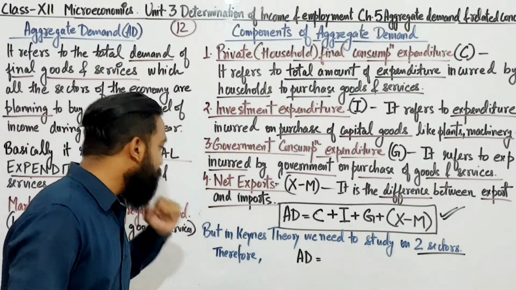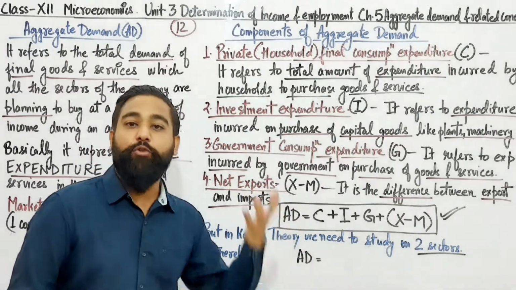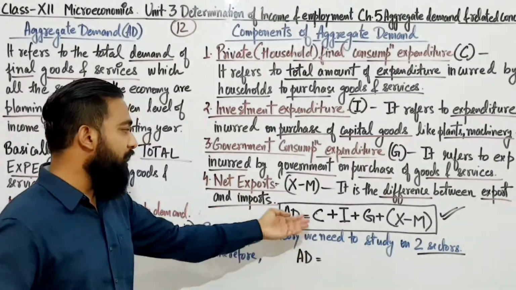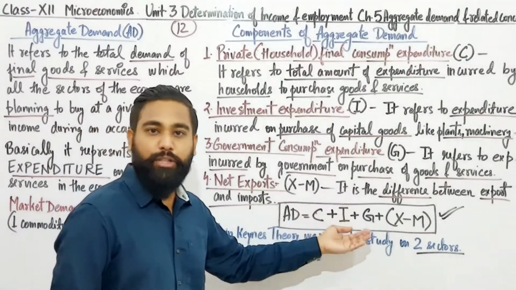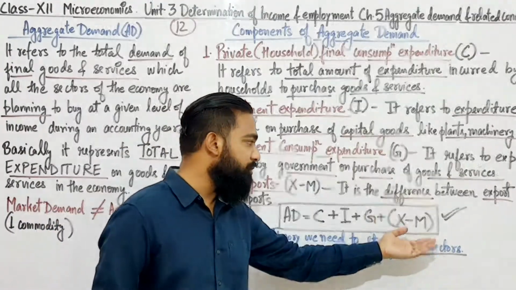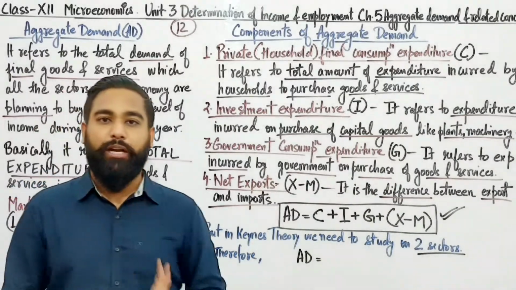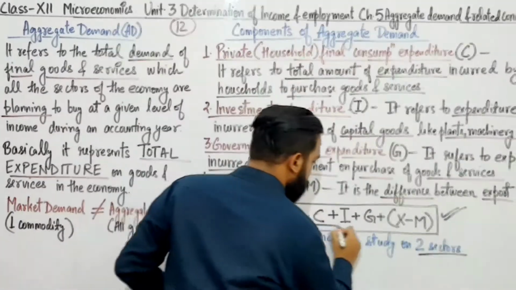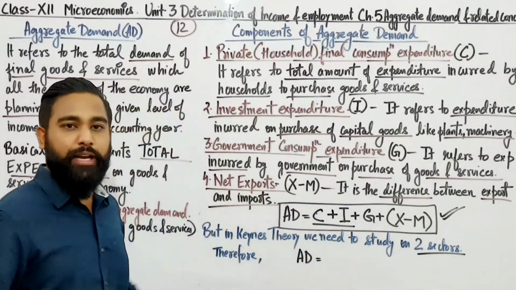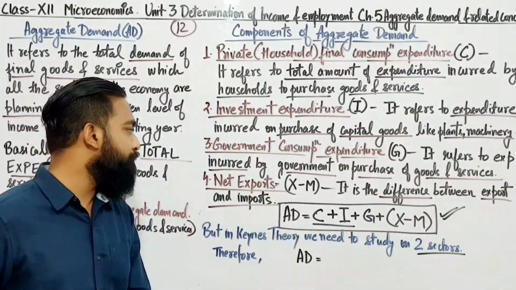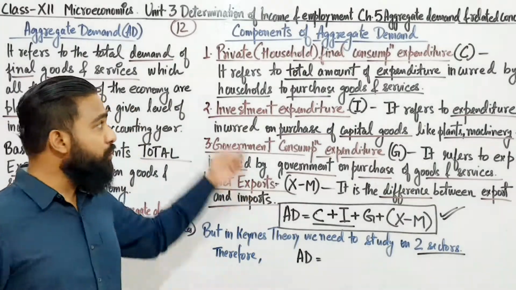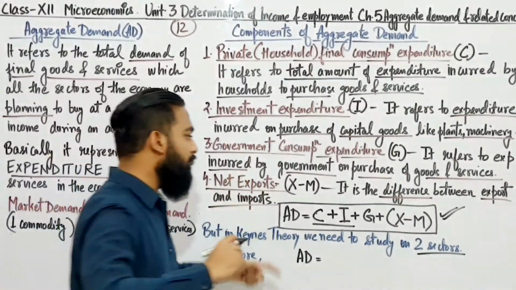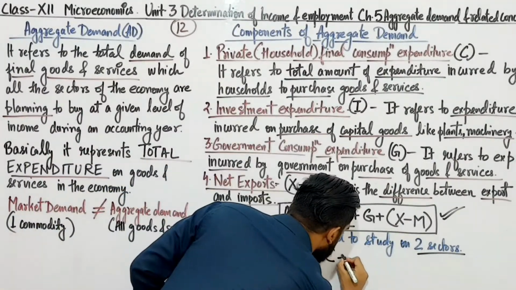Fine. Now, Keynes theory, we have to study only two sectors. Here, these are four sectors: household sector, producer sector, government sector, and rest of the world. You need to study only two sectors, which are household sector and producer sector. So, the formula which you need to study the Keynes theory will be AD is equal to C